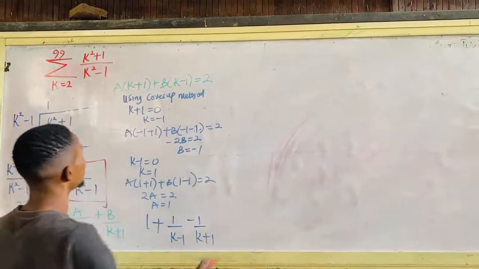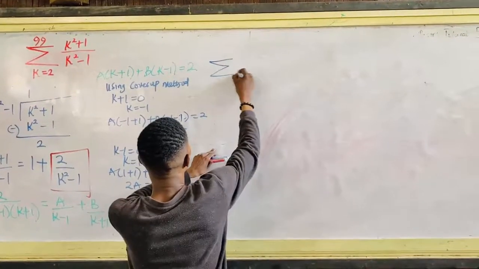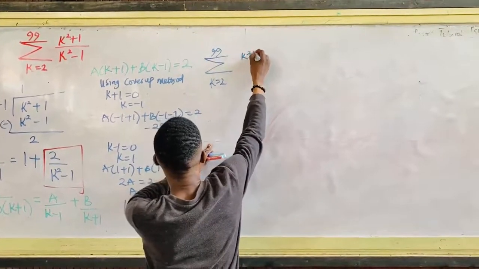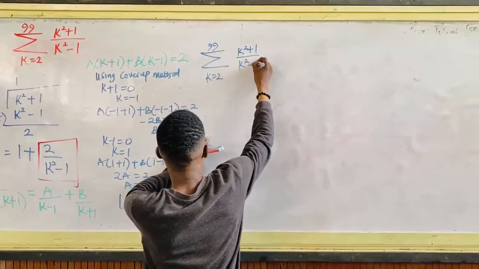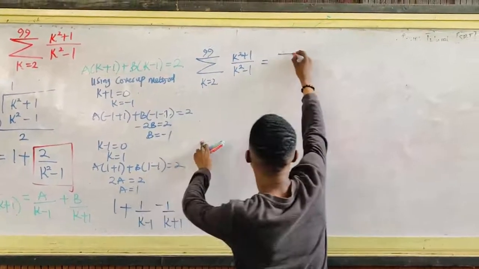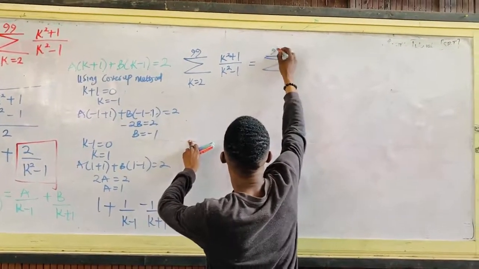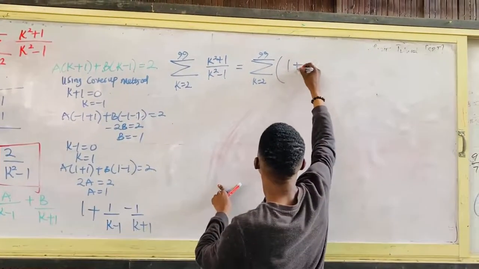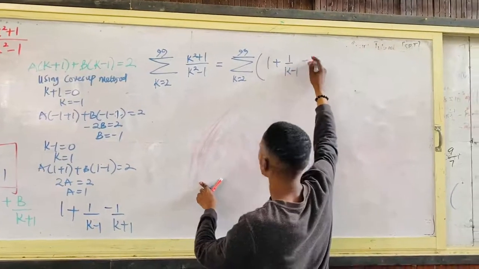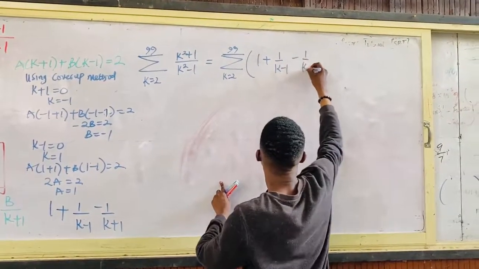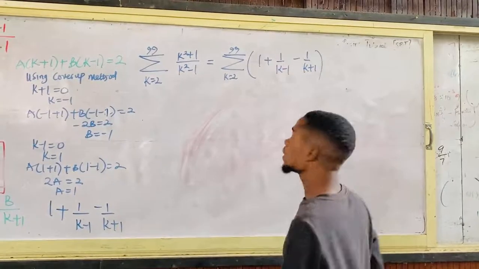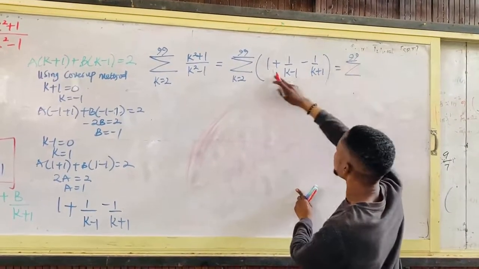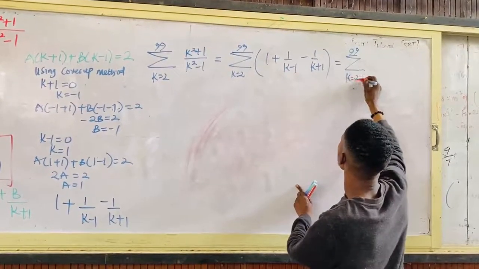That means the series, k equals 2 to 99 of k squared plus 1 over k squared minus 1, gives this: 1 plus 1 over k minus 1 minus 1 over k plus 1. Then we can separate the terms. The sum of 1, a constant, from k equals 2 to 99, plus